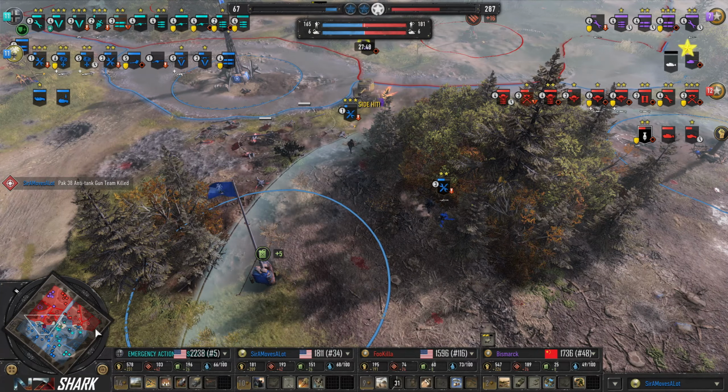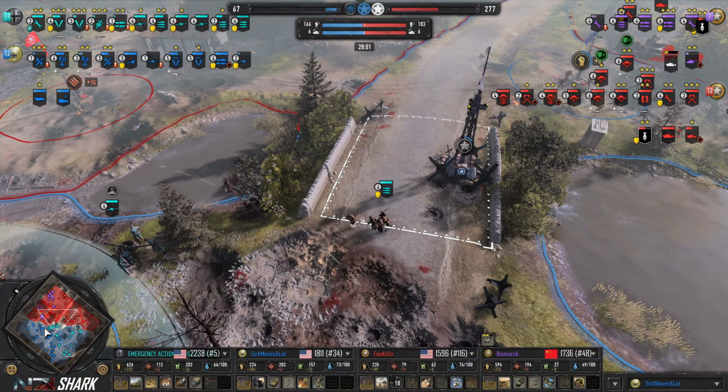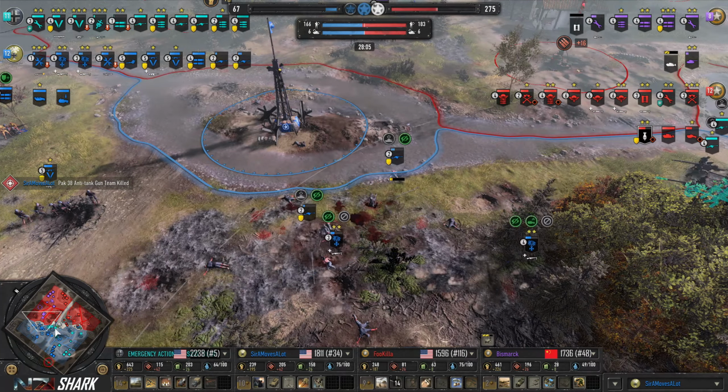SirAMovesALot, I was just about to give him credit for really shredding Bismarck's force and take control of this fuel. But he just lost 3 AT guns there. Fortunately for him, his opponent didn't destroy them, and actually it was a nice move by Zulu coming in on the left side to save those AT guns from destruction there. That's actually really important. I mean, that's 600 manpower almost, so...